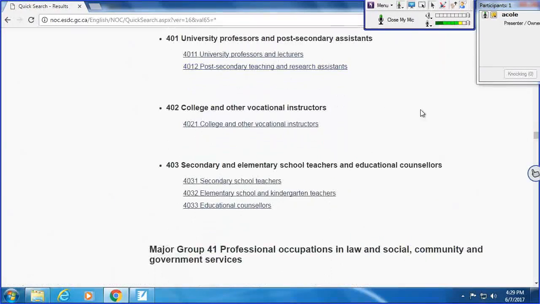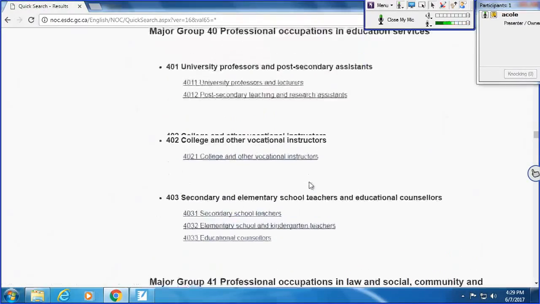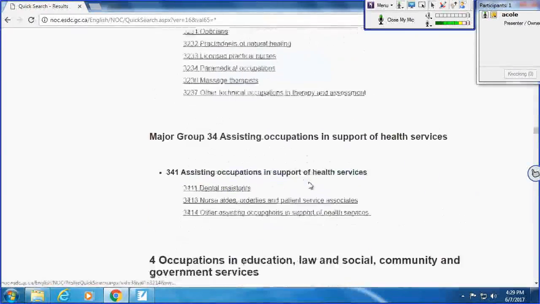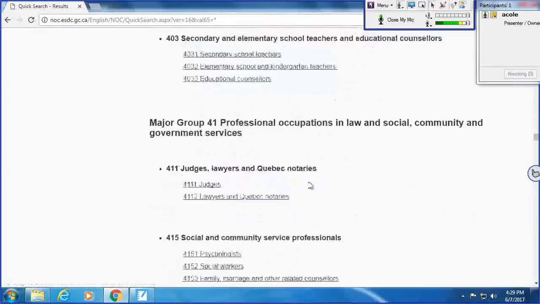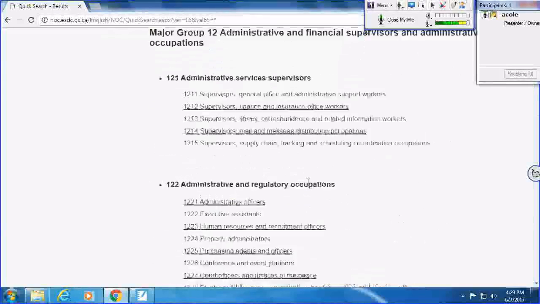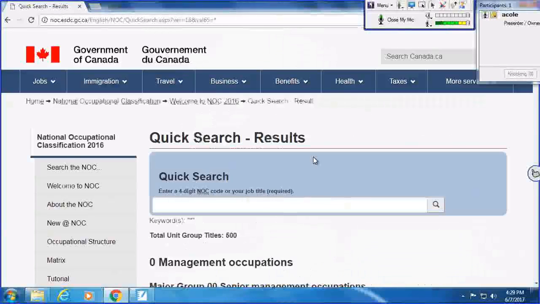So if I'm looking at what I do right now, I'm a secondary school teacher because this is high school. All right. So anyway, you can see how this list could be useful. But of course, like I was saying, you kind of have to know what you're looking for to begin with, right?